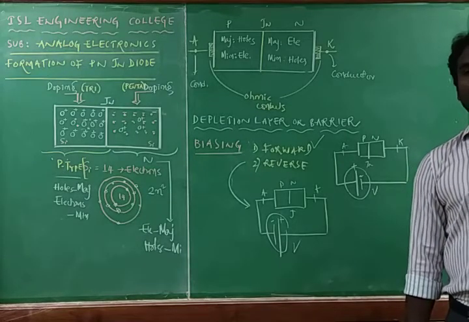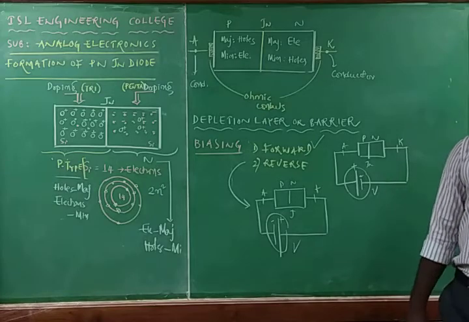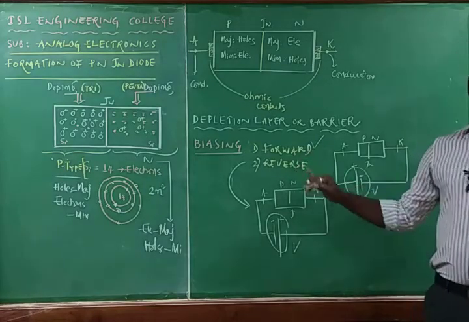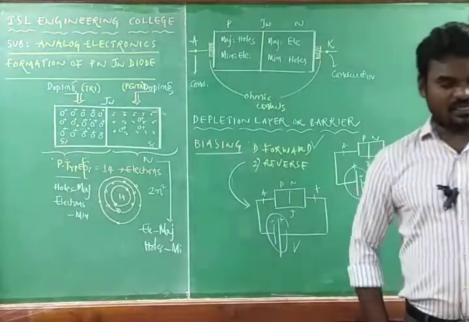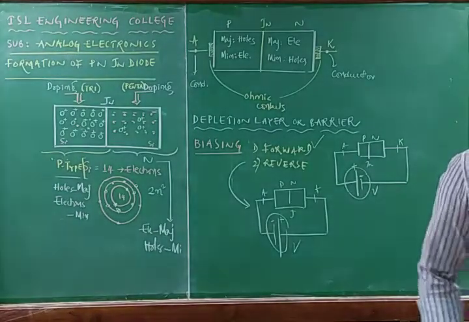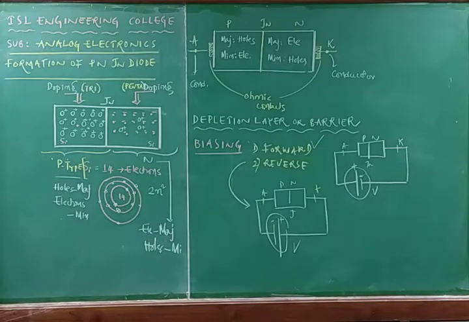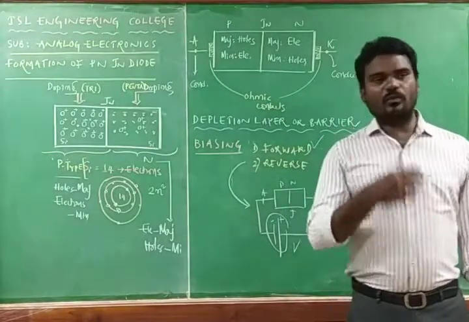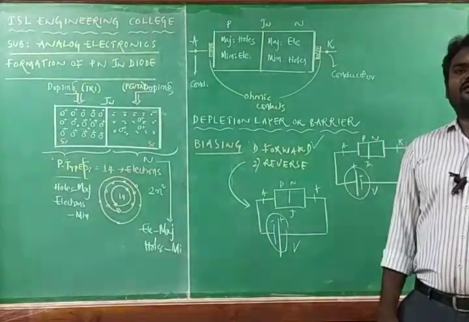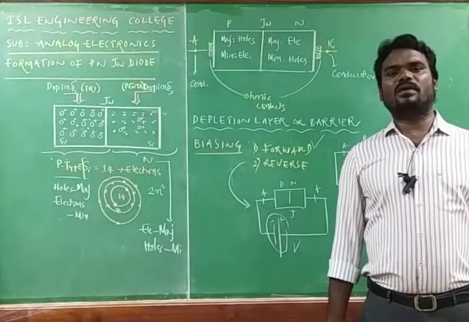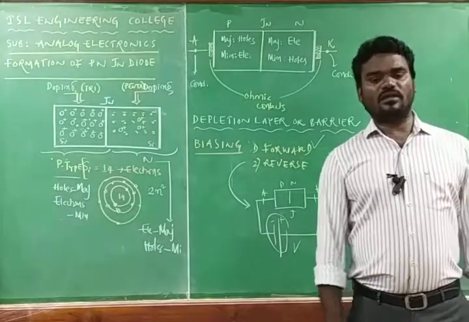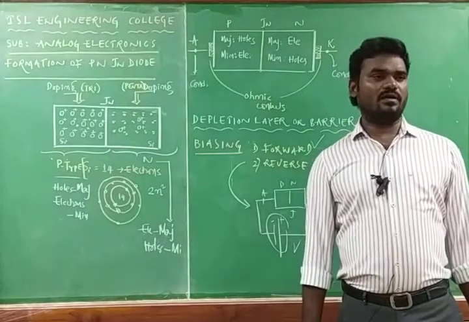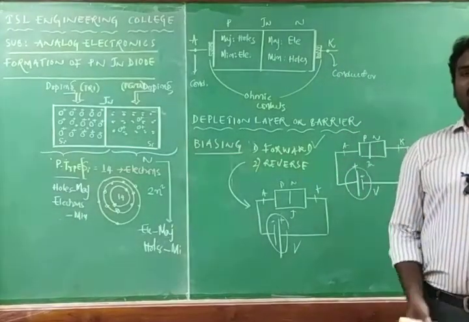In the next class we are going to examine the behavior of a PN junction diode in forward bias and reverse bias. That is nothing but the VI characteristics of the PN junction diode. We are going to study the operation of the PN junction diode in forward bias and in reverse bias. After studying both, we are going to plot the same things in one graph, and that graph is named the VI characteristics of the PN junction diode. That is nothing but verifying Ohm's law, or finding the relation between the voltage and currents of the PN junction diode.